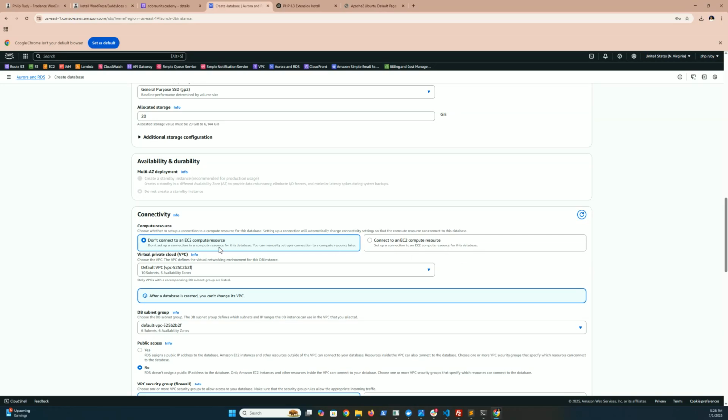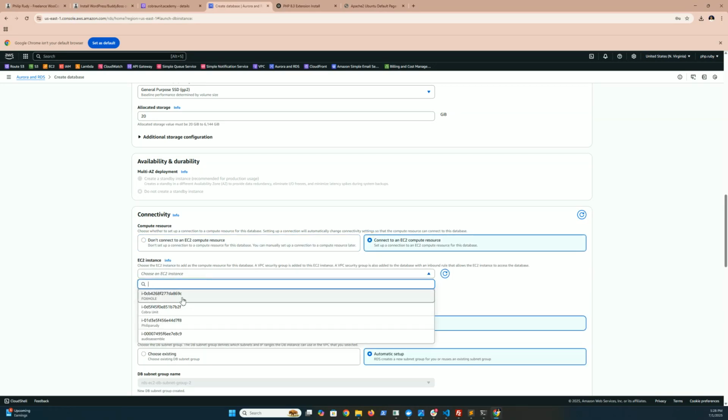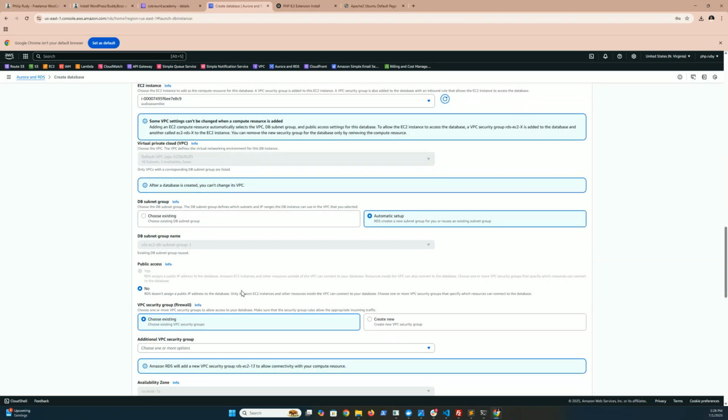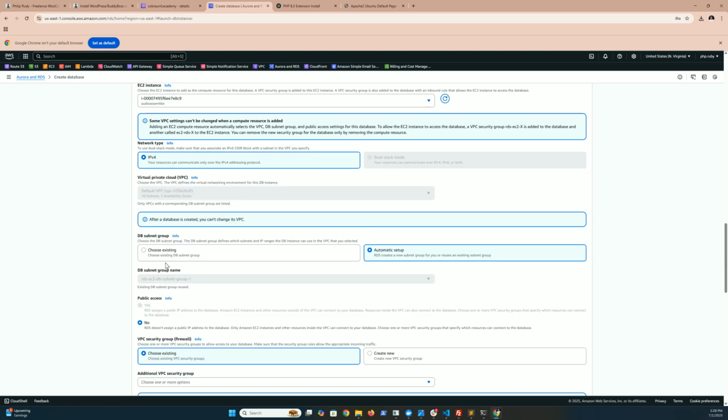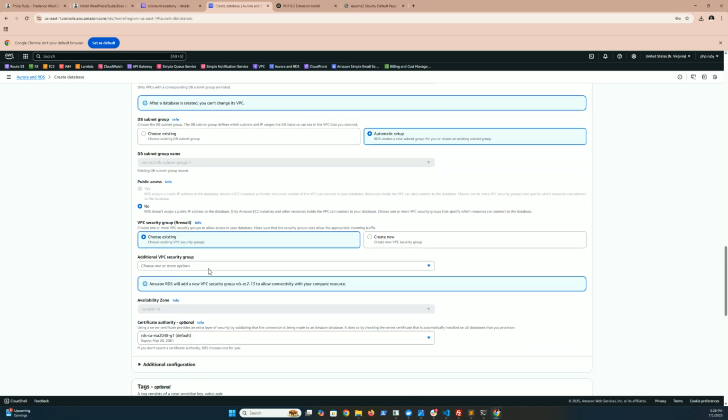Connect to. Yes, we want to connect to an EC2 instance. Choose the one we just made. Simple. So make sure you connect it to the EC2. Public access. Yes. If you're not scared of, you know, I like to do public access because although we might have to do something,